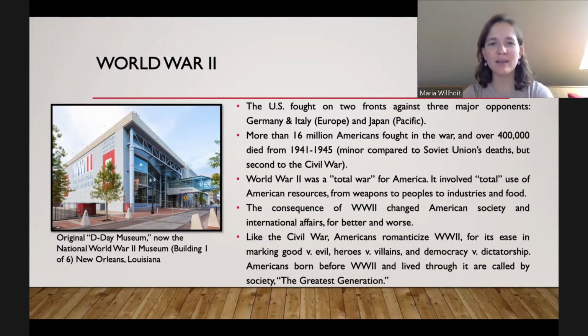And I would say that it makes our international affairs better and worse. We become much more involved in world affairs. I think this is personally a very good thing. We're no longer isolationists as a result of World War II because we see how consequential it was for us to not be involved. But at the same time, I think it's sometimes for worse because sometimes we get too involved in other nations and too involved in world affairs that we become too powerful, and at times we make the wrong decisions. We do.